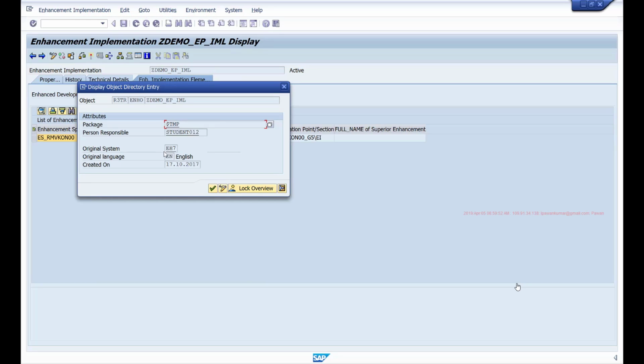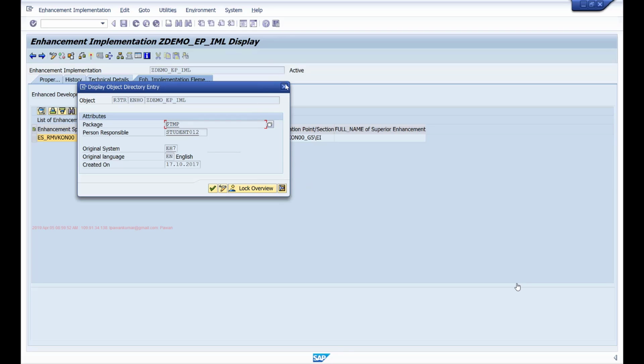It belongs to my custom package. So when you upgrade your systems, your changes will not be lost because they are actually source code plugins. So there's a plugin that is inserted into the main program, and your plugin exists in your custom package. So whatever objects that belong to your custom package will not be lost when you upgrade the system, right?